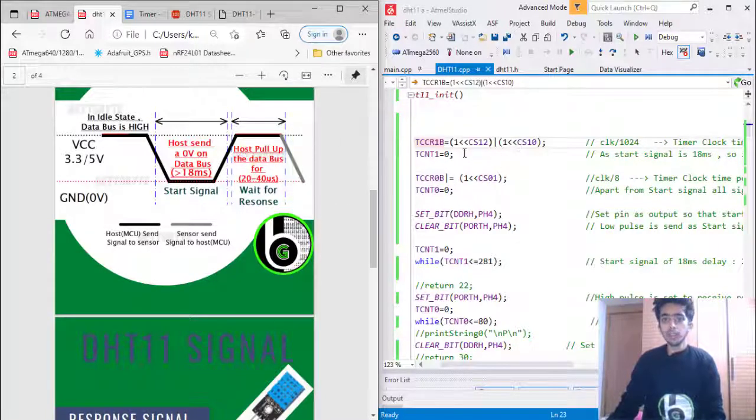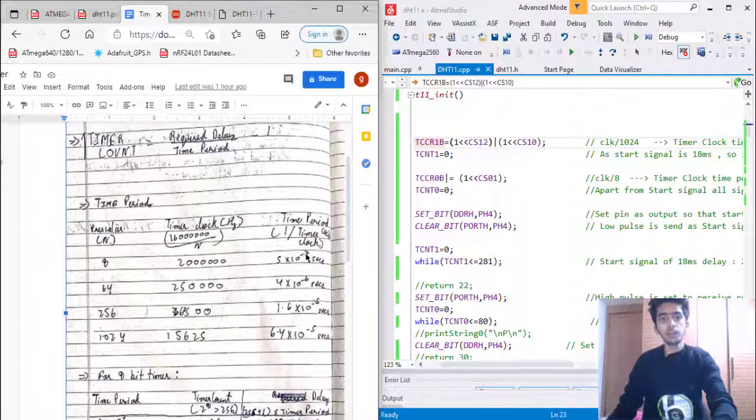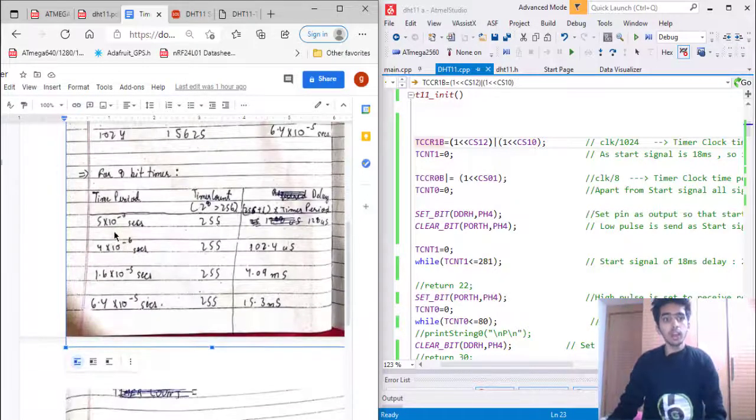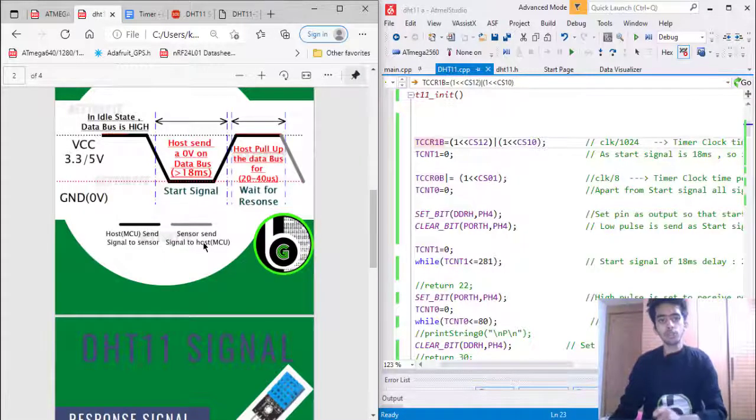Okay, so timer 0 is initialized via prescaler 8. Via prescaler 8 I can get a maximum delay of 128 microseconds. The 8-bit timer with prescaler 8 has a time period of 5 × 10^-7 seconds, and for that my maximum delay is 128 microseconds. Timer 1 is initialized via a clock frequency prescaler of 1024. Via 1024 I can get a maximum delay of 4.19 seconds, via a single count of the timer from 0 to its top, where top is 2 raised to power 8 or 2 raised to power 16.